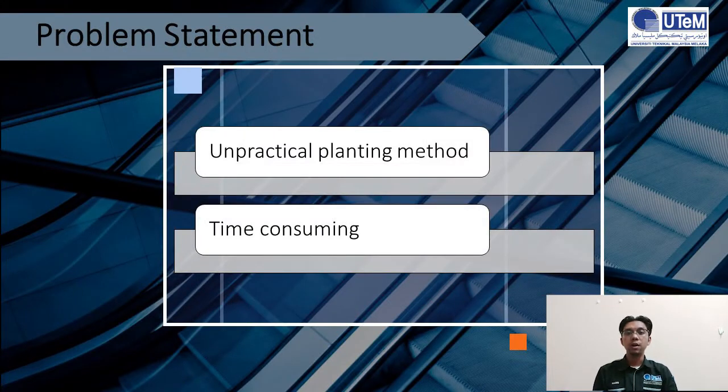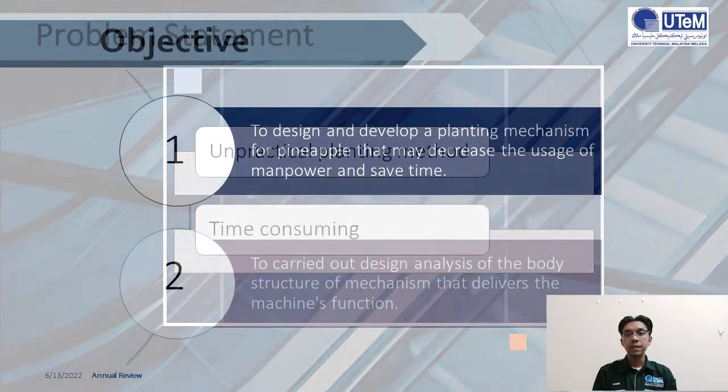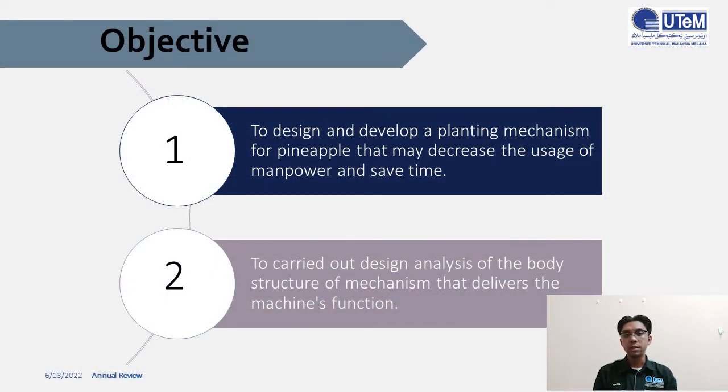On the basis of observation, the planting of pineapple suckers is revealed to be done manually. A 1-acre patch of land takes 10 days to finish in this manner. As a result, this research is being carried out in order to enhance the planting procedure by creating a new mechanism machine. The objective of this research is to design and develop a planting mechanism for pineapple that may decrease